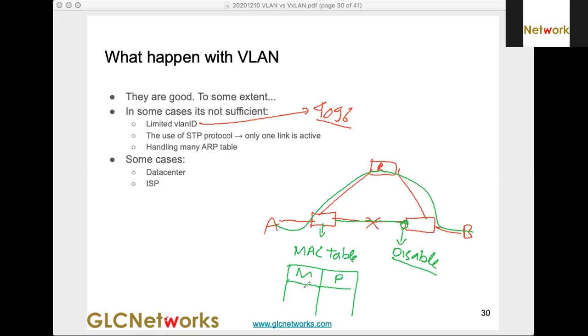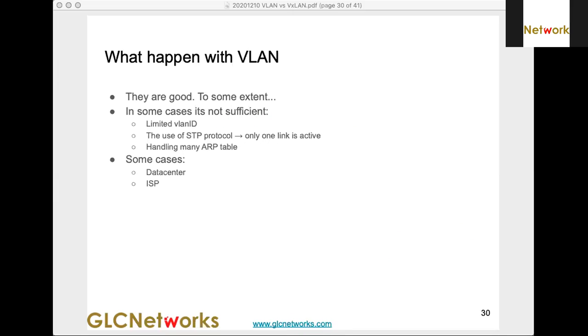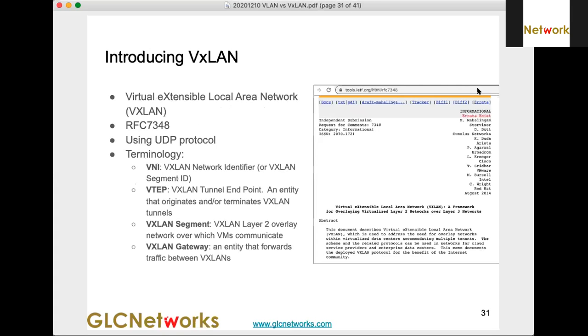So the entry will be this MAC address connected to port 1, and this MAC address connected to port 2. Some cases are in data centers and ISPs, those who are complaining about the VLAN.